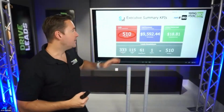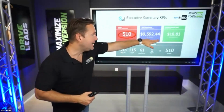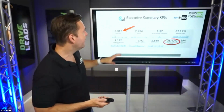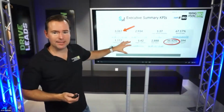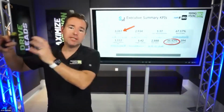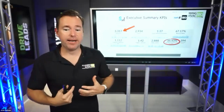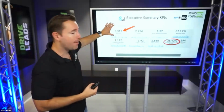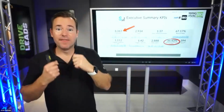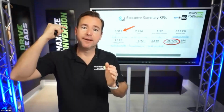And we've tracked this particular website over the years. You can see about a $10,000 spend, average of $18 per lead, 510 leads tracked. Fast forward here. Tracking on analytics, we're able to see how many visitors get to the website, how many inquiries come in, and what's the actual conversion rate from visitor to lead. This is something we're fanatical about here at Plumbing and HVAC SEO. And you can see for the amount of traffic they get, an average conversion rate of 35%. So this is the gold standard of what you want to do with your website: authenticity, imagery,